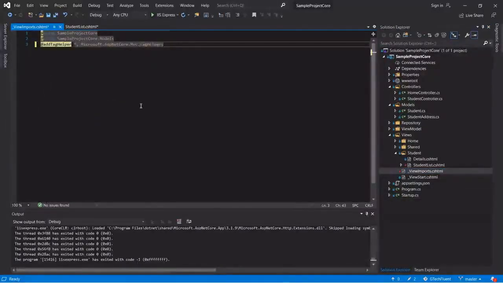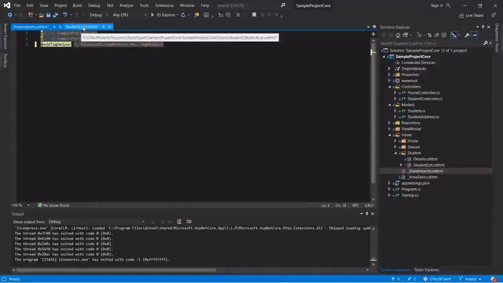In order to use the built-in tag helpers available for all views, we need to import the @addTagHelper directive into the view imports file. This @addTagHelper makes the built-in tag helpers available in our application, which are in the Microsoft.AspNetCore.Mvc.TagHelpers namespace. And the wildcard character specifies that all tag helpers are available in our application. After this import, all the built-in tag helpers are available in our application.